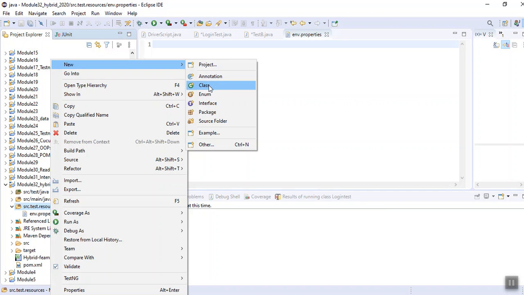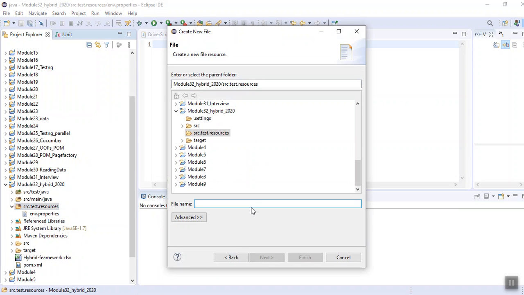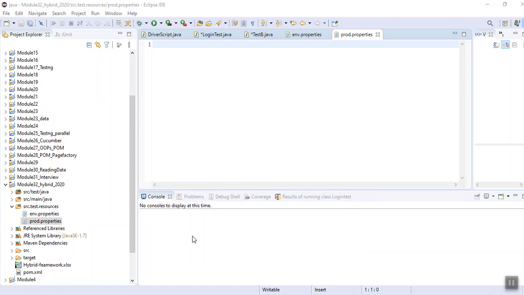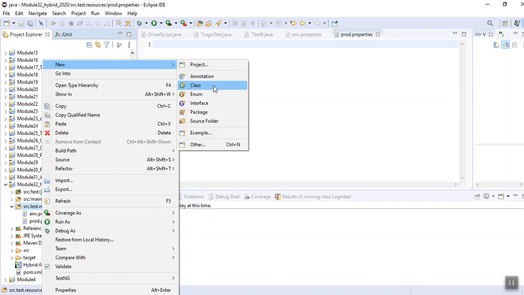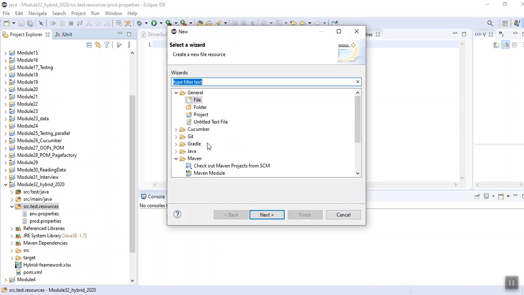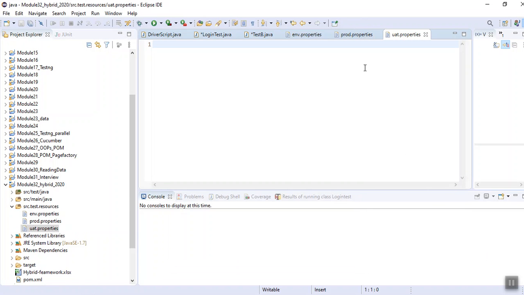Example, new, other, file, next, production, prod.properties. Finish. And suppose we have one more environment, like new, other, file, next, uat.properties. Fine, looks fine. We have two environment property files, production and UAT.